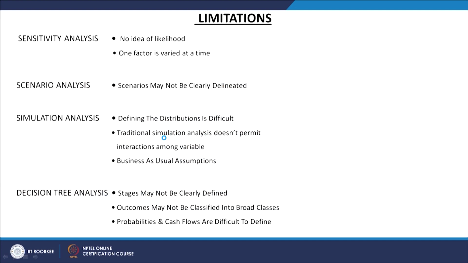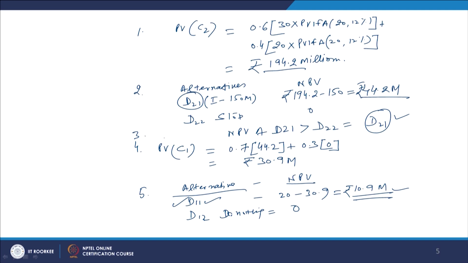As per that decision, we are expecting an NPV of 10.9 millions, a positive NPV. So, we will go for D11 and make an investment of 20 million rupees. We will start the pilot production and go for the test marketing, and if the outcome at C1 is C11, which we call success,